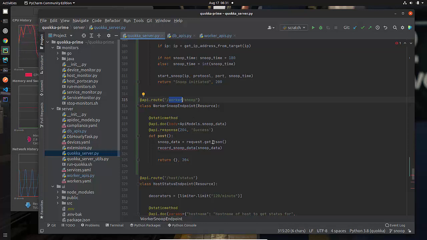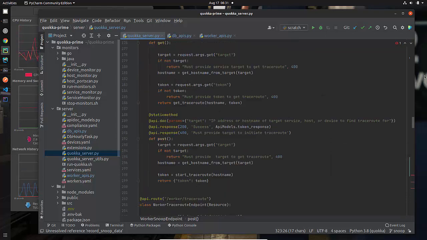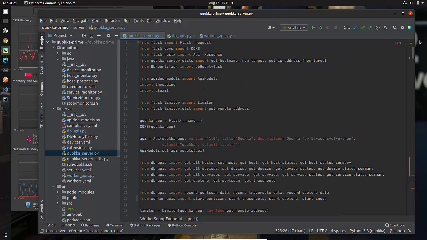What we're going to do is we're going to get the JSON. We're going to record Snoop data. You notice there's still a bug here it's highlighting for us. The reason it's highlighting that is we haven't declared it. So we need to come up here, and somewhere I will have said